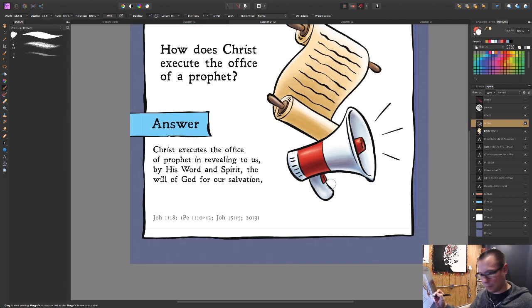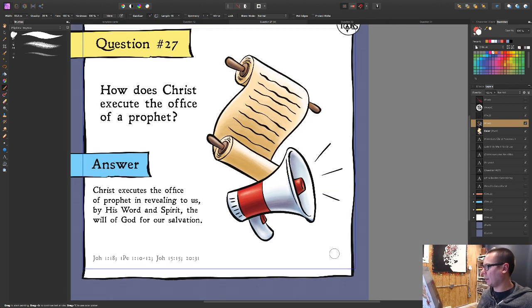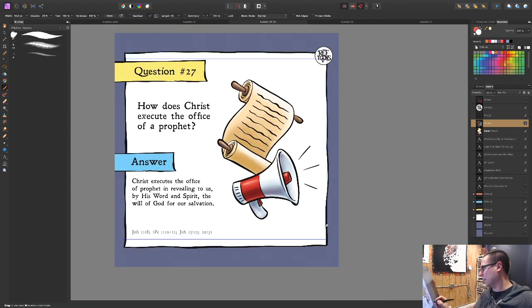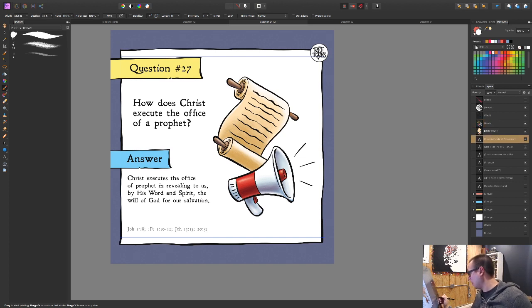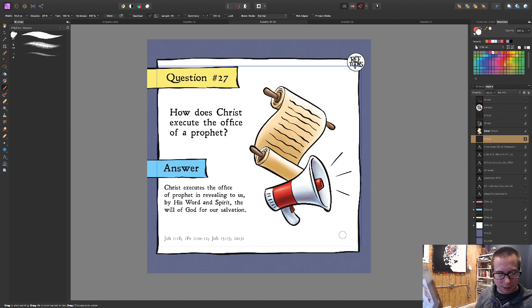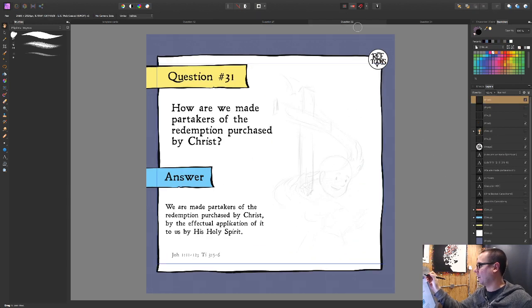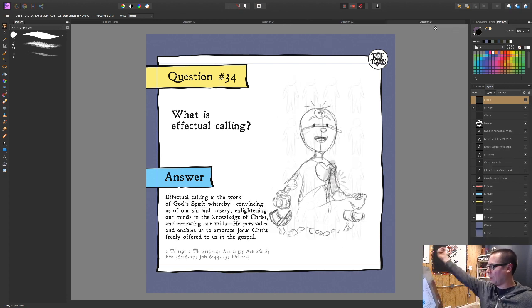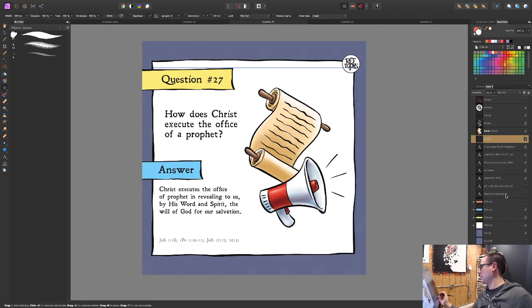All right. Well, I think I'll add a little bit of a background to this one, and then I can call it done. Then I might hop over and do number, let's see, what do I have here? 32, I can work on that sketch. I've got 34. That one's a little further along, possibly. But I'll finish this one up. Then I might jump over to one of those.